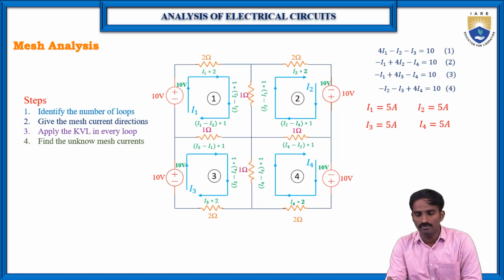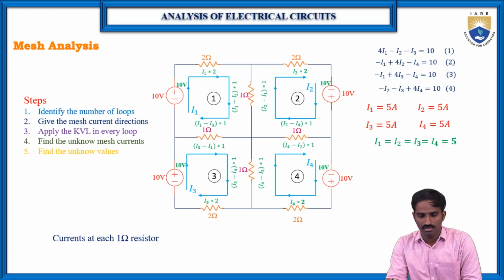After solving these 4 equations, the values of the currents I1, I2, I3 are 5 amperes, 5 amperes and 5 amperes. So coincidentally all the loop currents are the same. I1 is equal to 5, I2 is equal to 5, I3 is equal to 5, I4 is also 5 amperes. So let us find the current flowing through each 1 ohm resistor, because